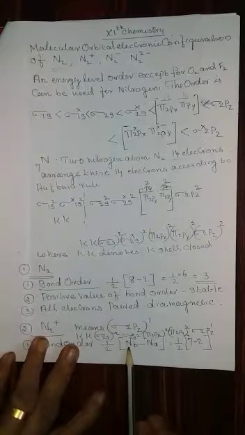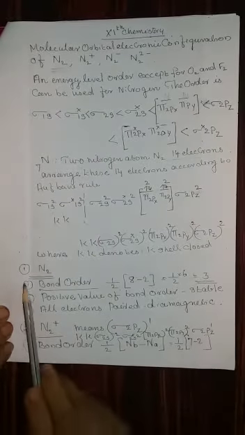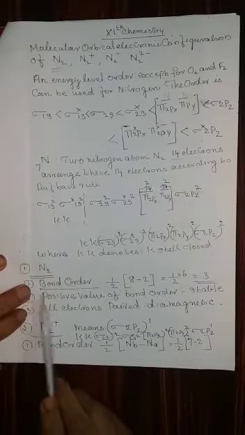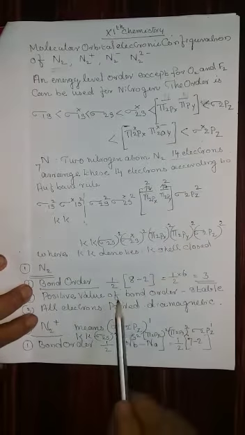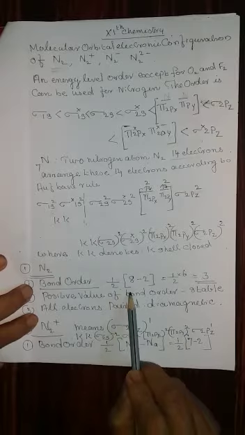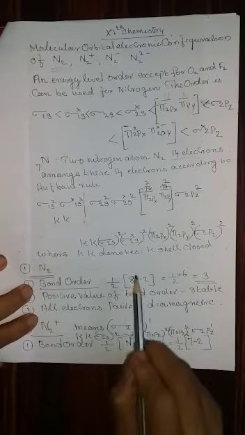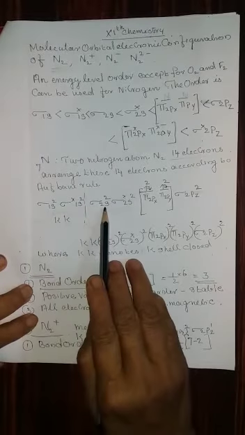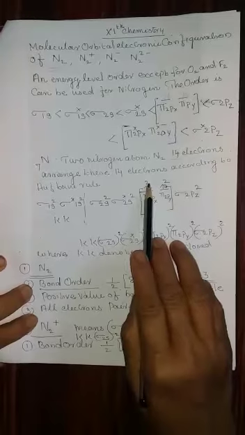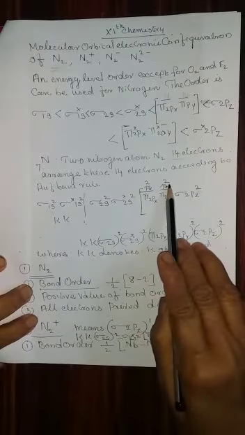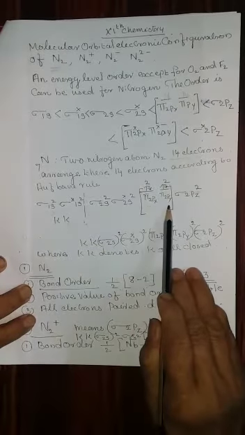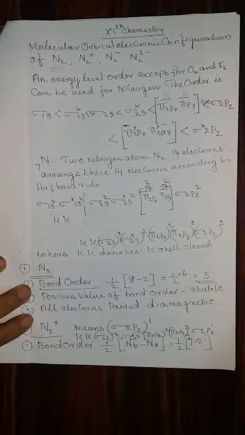Let us see what the steps to be followed are. First, write the heading N2, that is the nitrogen molecule. Bond order: find out the bond order based on the result. You look at the result and you can write the bond order. Half into 8, where 8 is the number of bonding electrons. Number of bonding electrons here it is 2 plus 2 is 4, plus 2 is 6, plus 2 is 8. That means 2, 2, 2, 2 and 2. That is total 8 electrons.